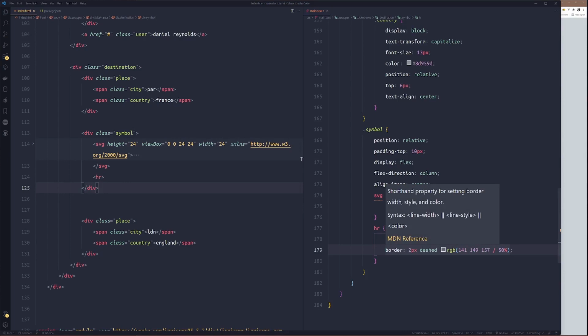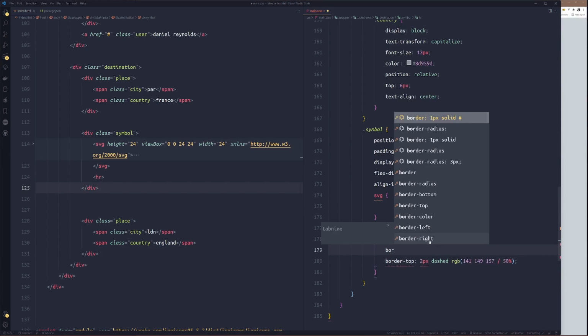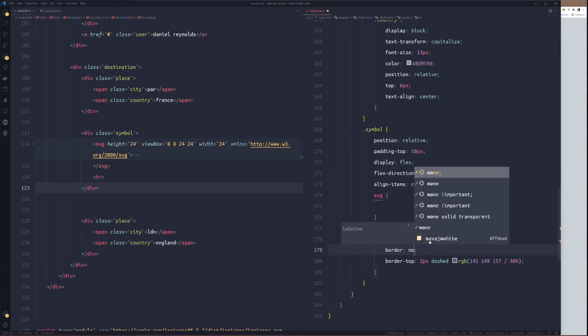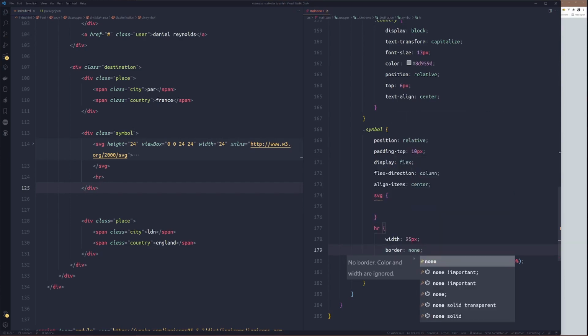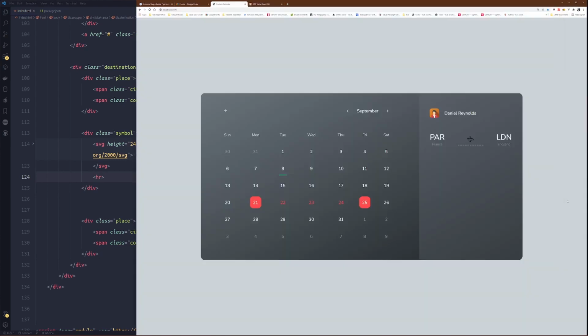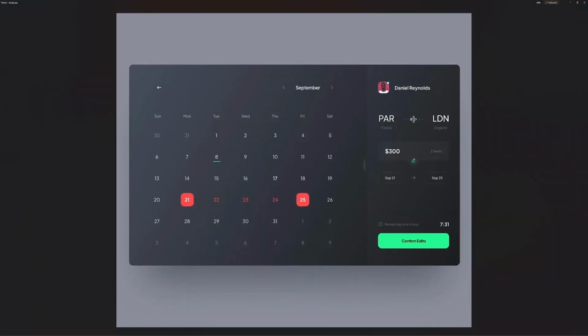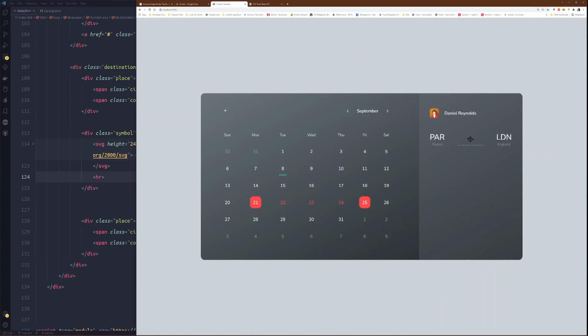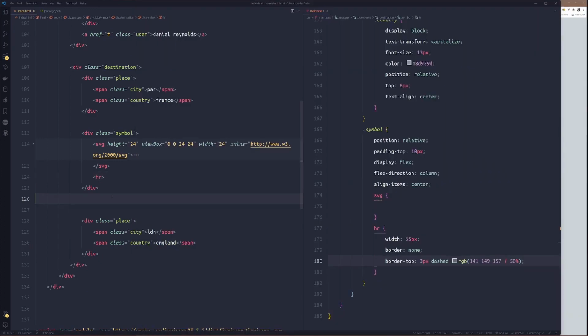You know what? First, border none first. Let's see. All right. So this is good. If you put like 3 pixels, the dash could increase, but you got the vertical one kind, and if you don't want that, but we'll leave them.